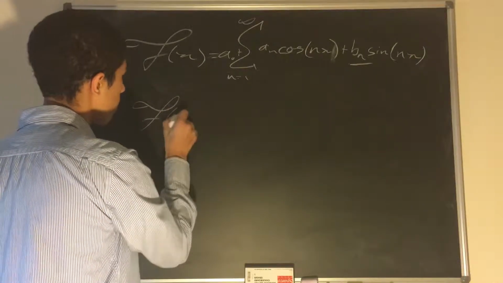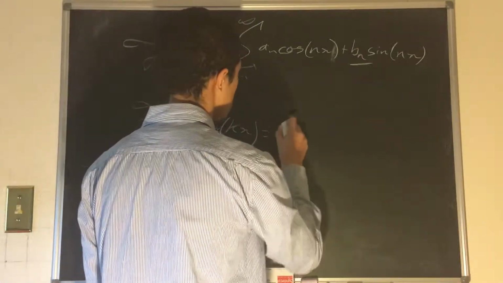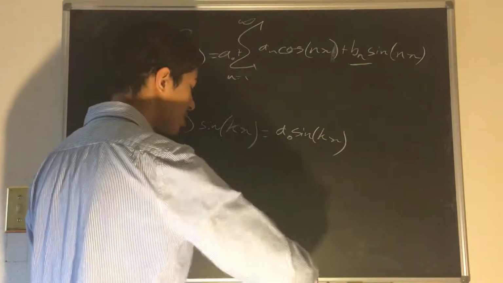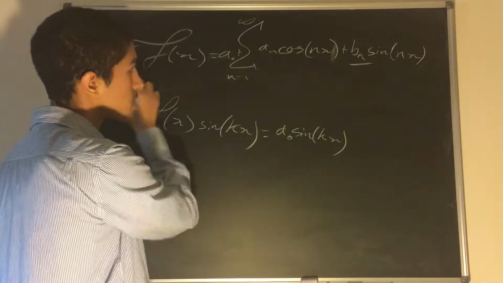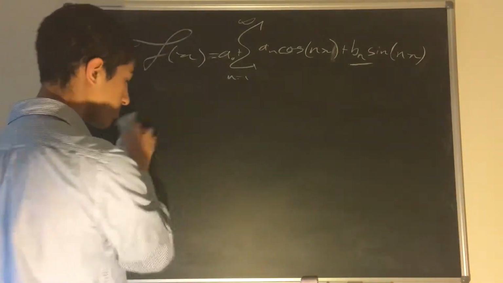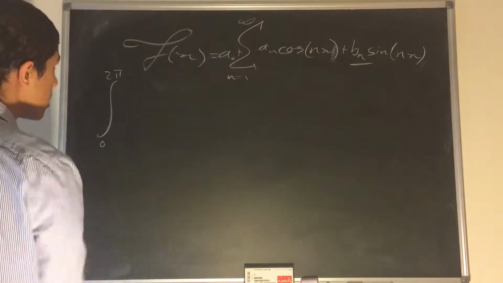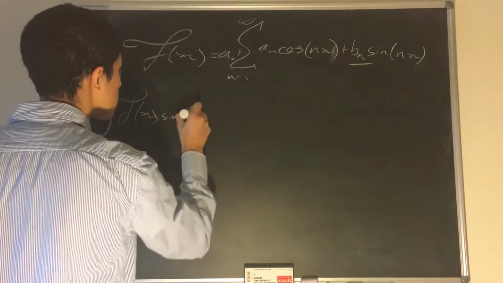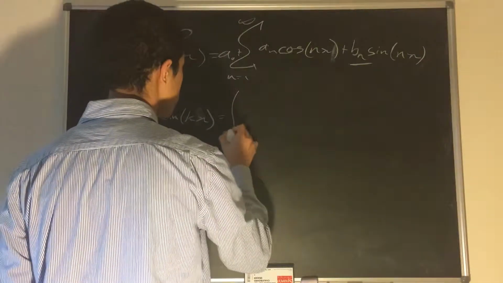Actually, what will be faster is if we squeeze 2 steps into 1. At the same time, we'll multiply by sine kx on both sides, and we will take integrals on both sides. So then we have the integral from 0 to 2 pi, since it's periodic over 2 pi, of f of x sine kx dx is equal to